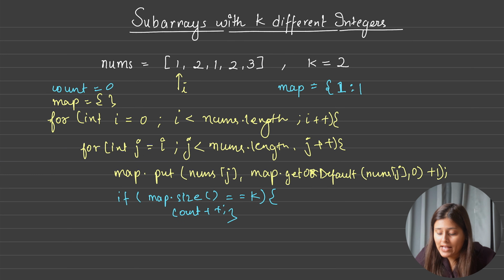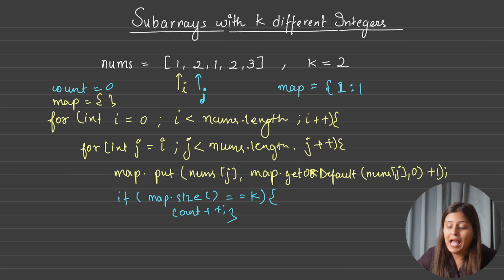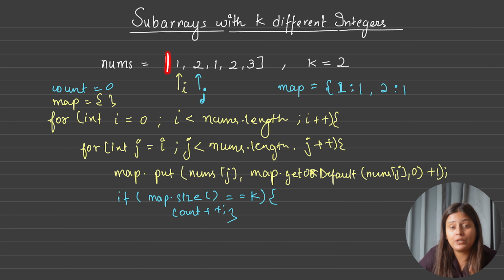Now after this, as you can see, j is pointing to the same index and we have inserted the element also. Now we have to move this j index forward. So now the j index will point to the first index value, and as per the rule, we will add this also in our map because 2 is not there as a key in our map. So we will increase the frequency with 1. Now we will check, is the map size equal to k? Yes. So can I say this is my valid subarray? As you can see, 1, 2, yes. So I will increment my counter. Okay. Now again we will do j plus plus because of this for loop.